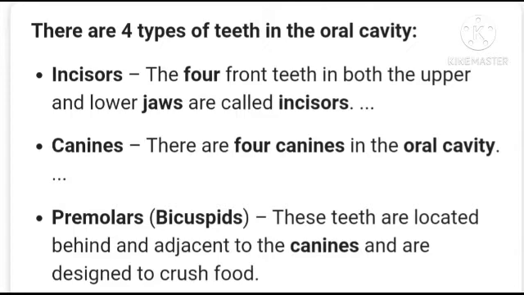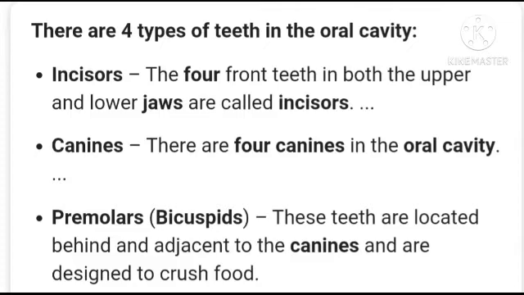Then come your premolars, which are two on each side of the jaw next to your canines. First incisors come, then canines, and then at the back the premolars. Since they have two pointed cusps, as you will see further in the diagram, we call them bicuspid, and they are mainly used for grinding and crushing. At the last we have three teeth called molars, which also do the functions of grinding and crushing.